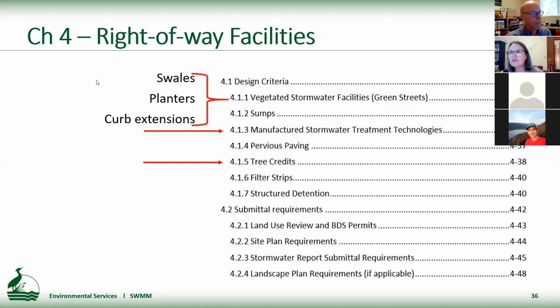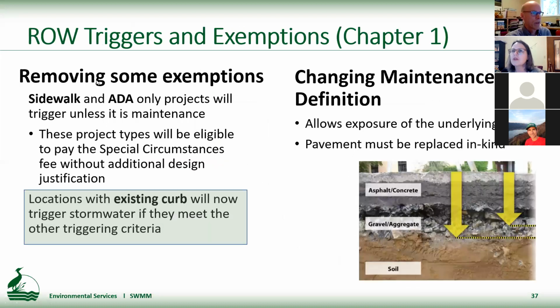So I'll just quickly mention that presentation 2 had information about triggers in the right-of-way in particular, and some changes to the triggers and the changes to the maintenance definition that might change your requirements in the right-of-way. I'm not going to get into that here, but just want to acknowledge that you might look into it. And we're also working on a document that will explain that in more detail